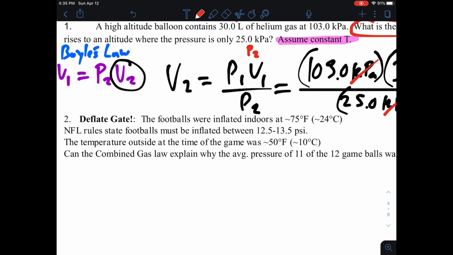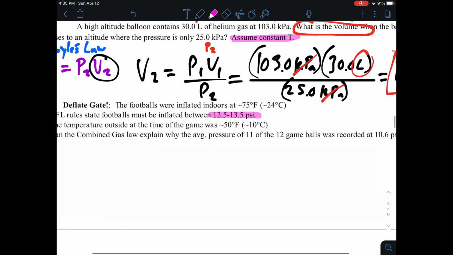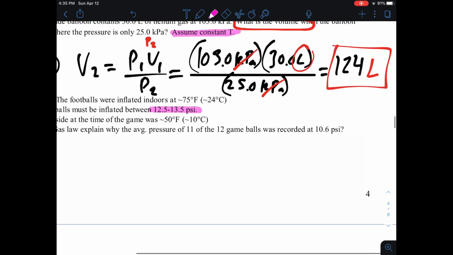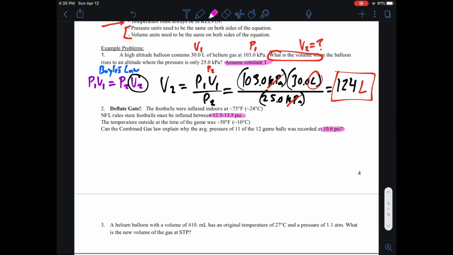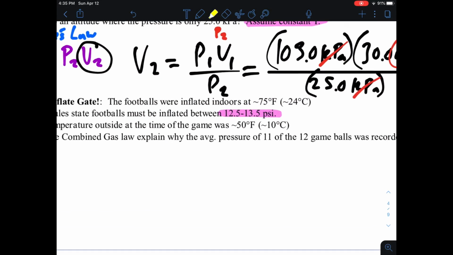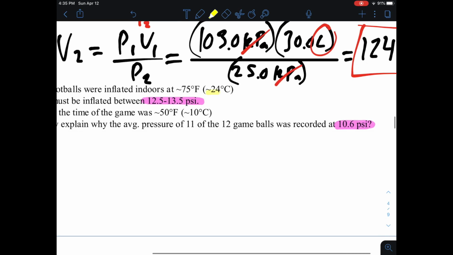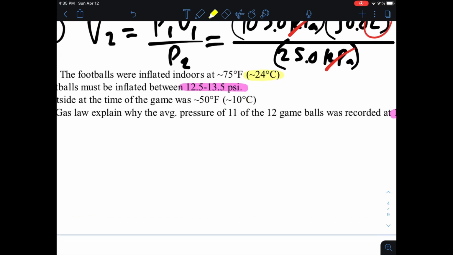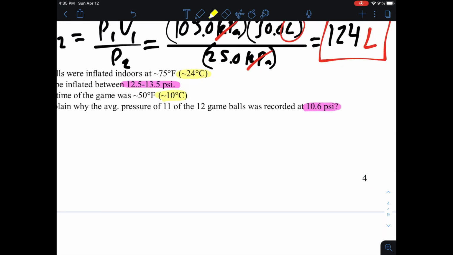See, the NFL states that footballs need to be inflated to 12.5 to 13.5 psi. It turns out, though, that 11 of the 12 game balls were recorded at 10.6 psi. When asked about this, Tom Brady's response was that, well, these footballs were inflated in the trainer's office where the temperature was 24 degrees Celsius, 75 degrees Fahrenheit, and it was kind of a cold day outside, 10 degrees Celsius, and he said, well, the pressure dropped because the temperature was cold outside,